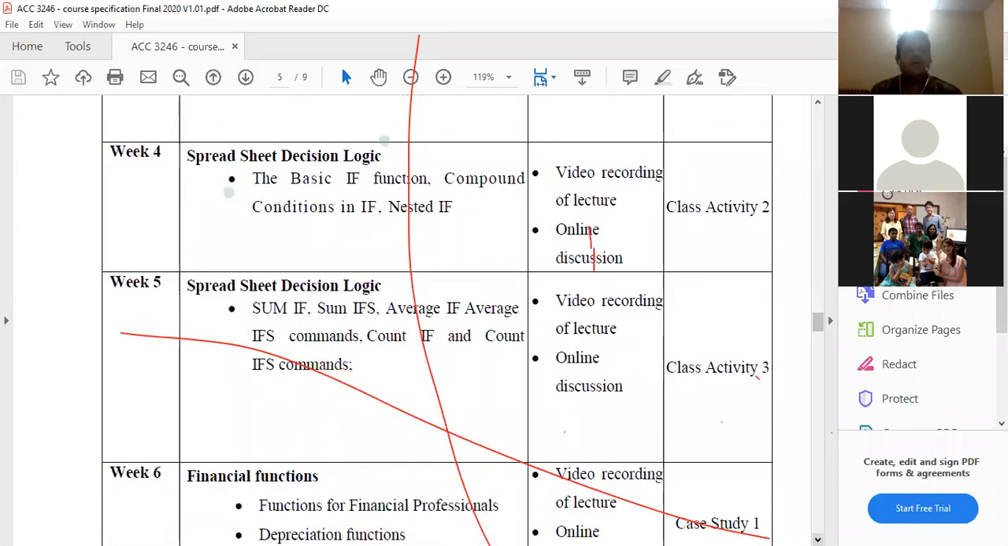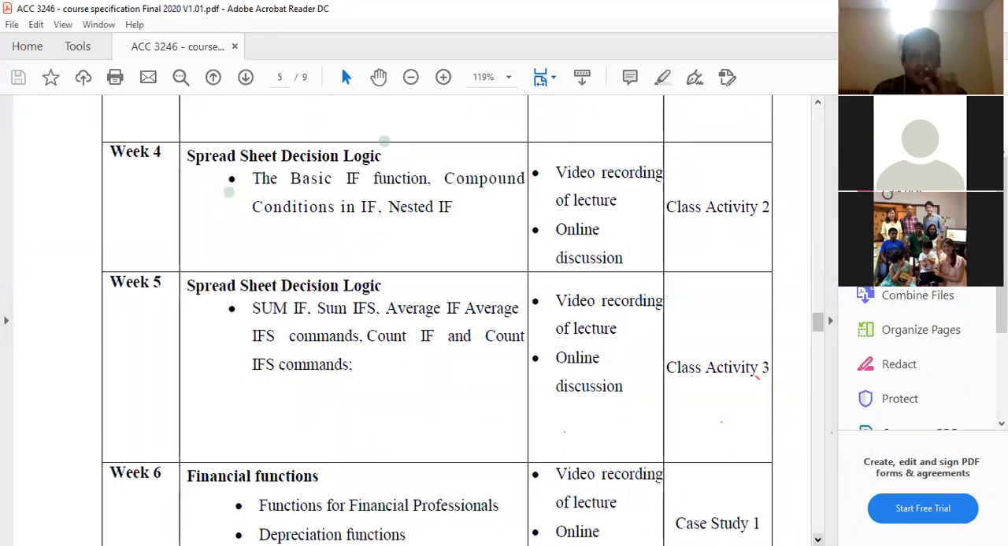When it comes to week 4, we are going to discuss the spreadsheet decision logics. In fact, this is built on what you had learned in your first year. In the first year, you had an IT course where you were exposed to some of the functions available in Excel. There you would have probably learned the basic IF functions, and compound conditions like OR, AND, things as such. But here, building on that, we are going for some advanced applications